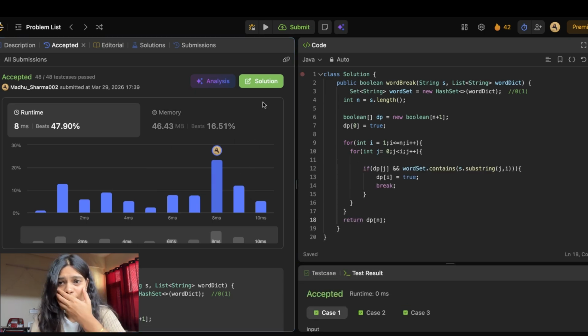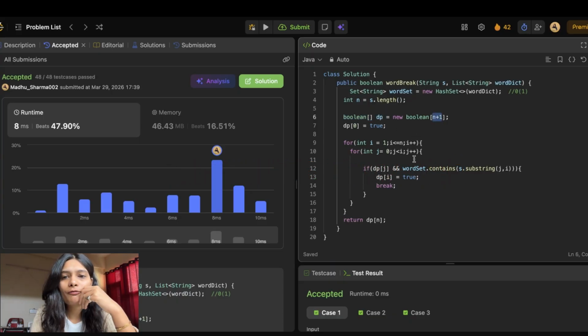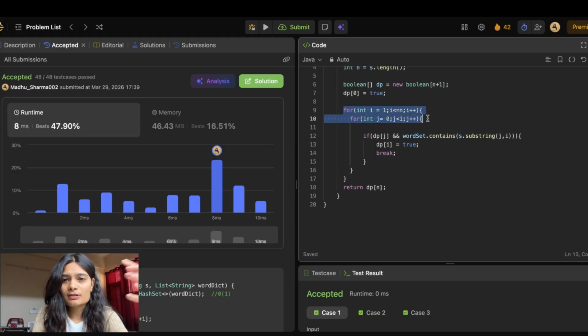So that is the summary. We're going to create one hash set because it has lower time complexity to access the elements, and we're going to create one array named dp to store n plus 1 elements, because we have taken one more for the case where it's an empty string. It's just easy to break out, and we're going to iterate over two loops. We're going to split it into the left and right part, and we're going to check the substring against the dictionary. If it is there, we return true, otherwise we break out and we will return the